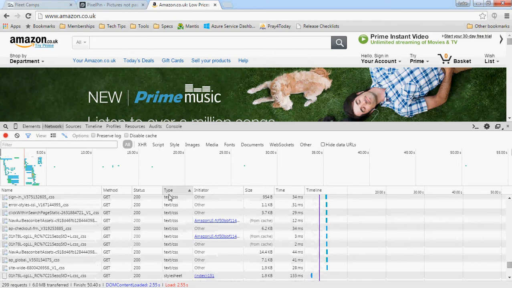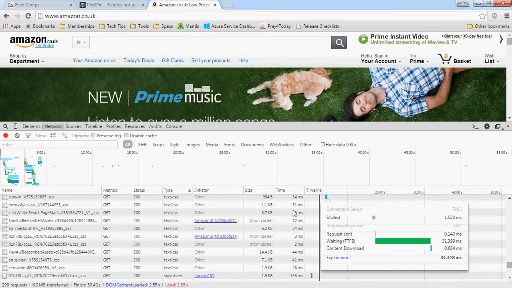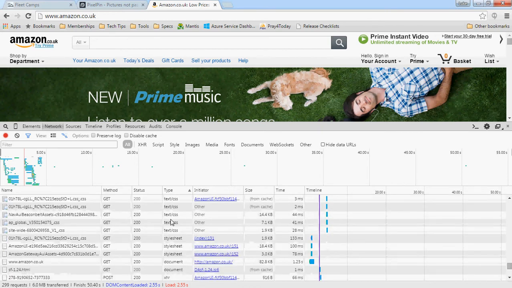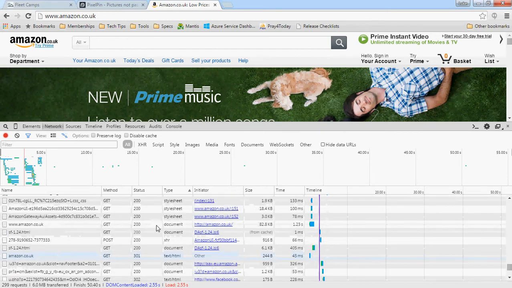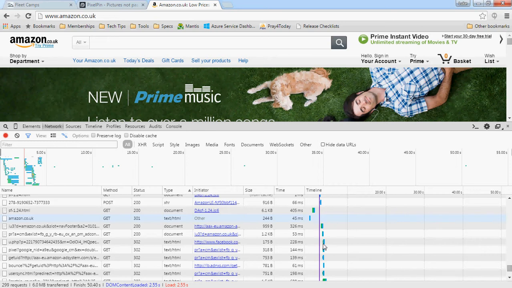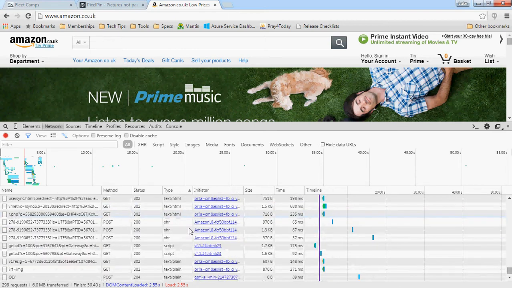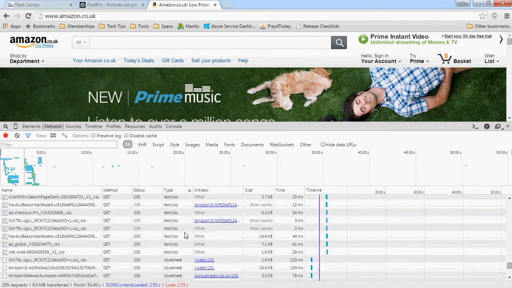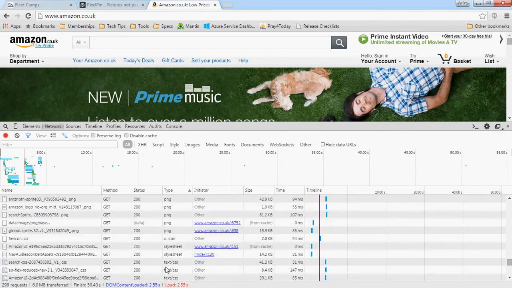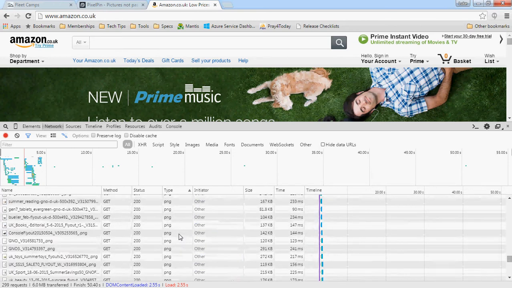Style sheets, loads of CSS. See, all of these are separate requests. And even though they're quite small and the actual size of the file is quite small, most browsers can only make about 8 requests to a server at one time, to the same server. So if all of these are coming from the same domain, which most of them probably will be, then the browser ends up slowing down because it has to wait for resources to load before it can even start loading the next ones. So clearly on Amazon they have a lot of scope for combining resources, combining CSS, combining JavaScript,